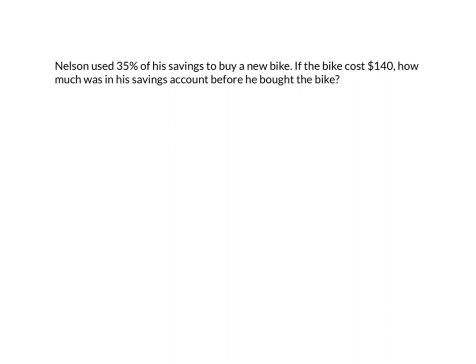Nelson used 35% of his savings to buy a new bike. If the bike cost $140, how much was in his savings account before he bought the bike? So it's telling us that the bike cost $140,